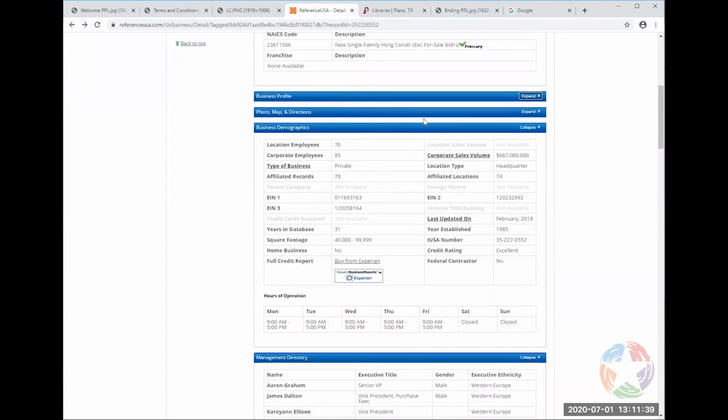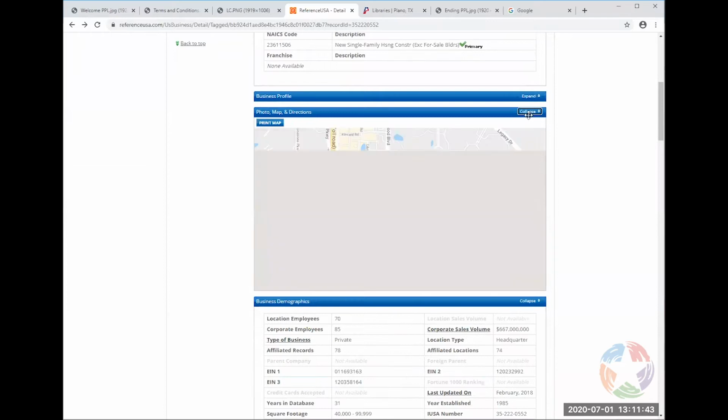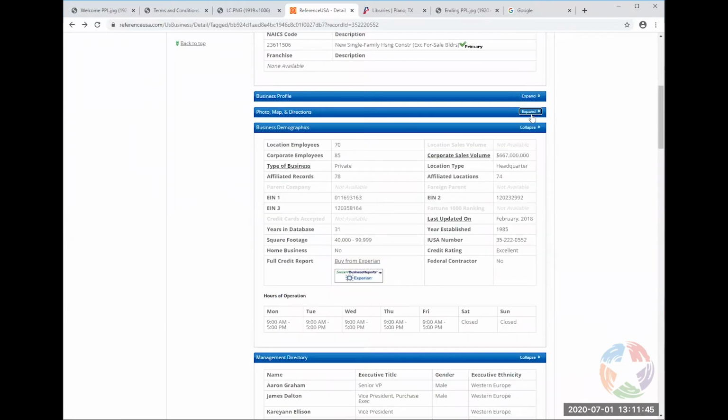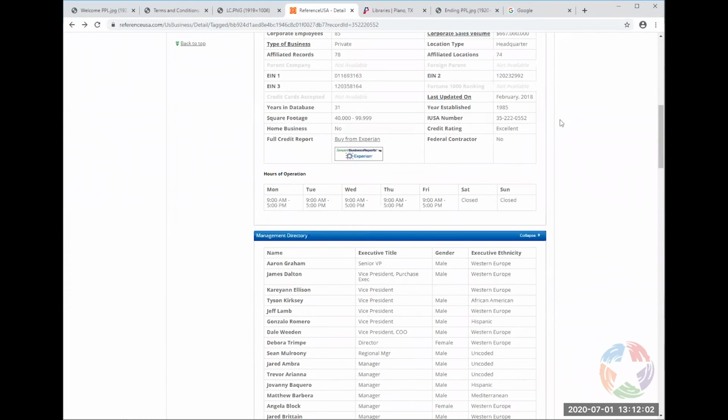You can get maps and directions to the business if you want. You can always expand that if you need to. That is available on the side. And then this is really nice. You get some general business demographics for the company. You can see how many employees they have, the type of business, is it private or public, their corporate sales, which is always nice, when it came into being, 1985 for this company, and possibly their hours of operation.